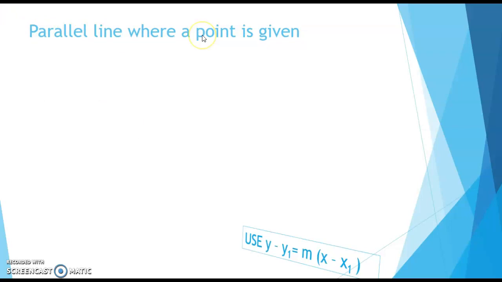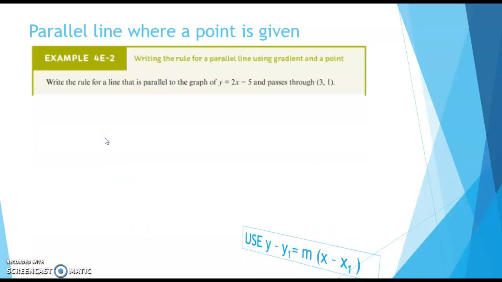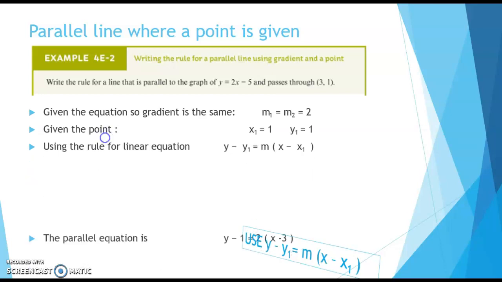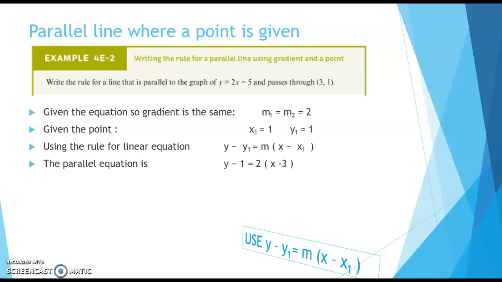So remember, this one is parallel line when a point is given. That's the equation we're going to use. The problem that Mr. Farragut did with you was that, remember, we've just seen that parallel lines have the same gradient. Substituting the value of the points into that particular equation, what do we do now? That's right, we expand the brackets. What do we do now? That's right, we collect the constants. In other words, the -1, we add 1 to both sides,